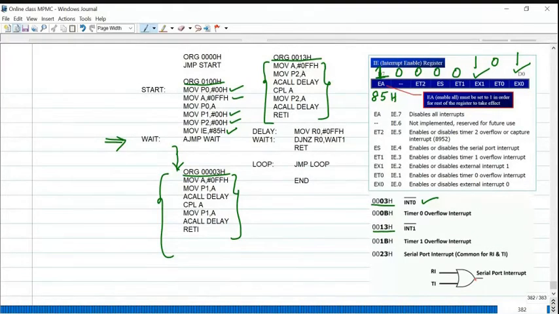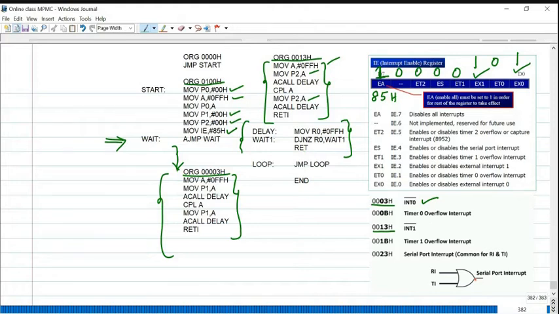So accumulator loaded with FF, move to P2, give some delay, take the complement of the accumulator, again give it to P2. Delay, return to the main program. The delay program is your wish only. I have taken one R0 register loaded with FF and decrement this R0 register until 0. One simple delay program. From this service routine to go to your main program, you have to write a return.